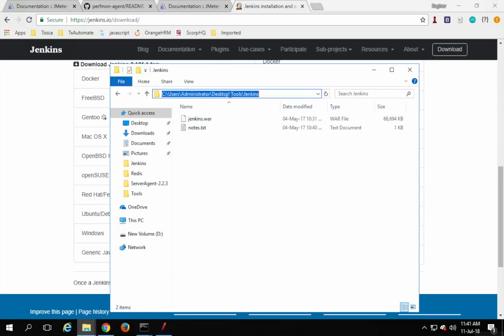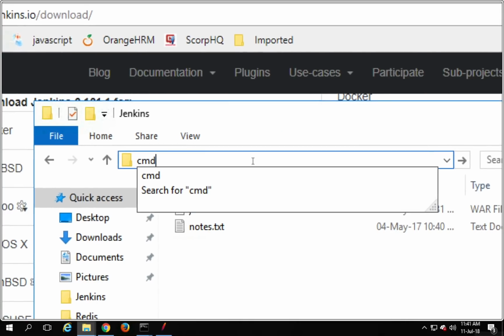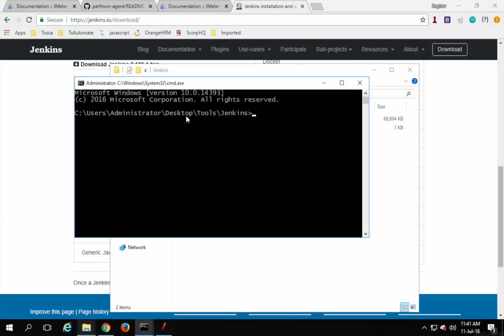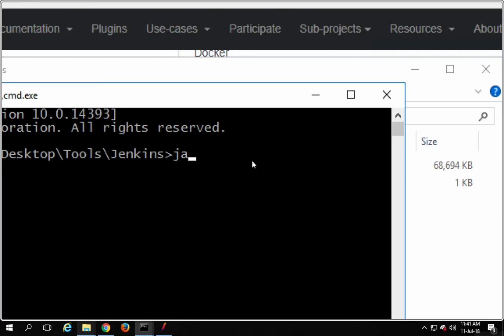So you can go to your command line and go to this folder. The shortcut is I will just say CMD on the address bar and say enter. So this will start the command line on the same folder, and here I have to say java -jar jenkins.war, and if you say enter now, it will start on the default port, which is